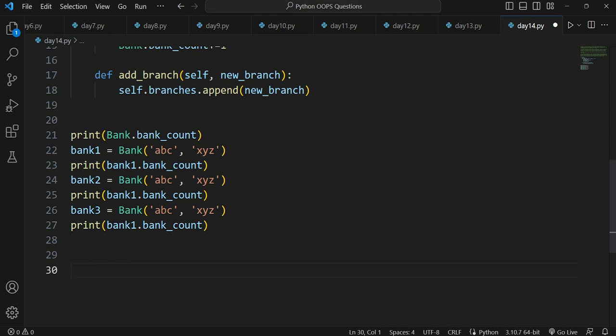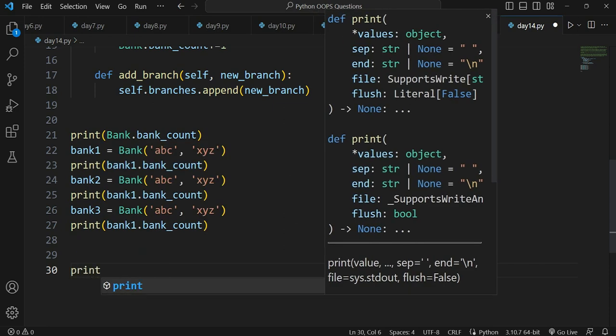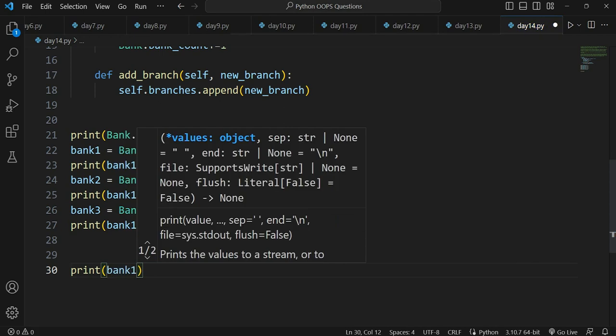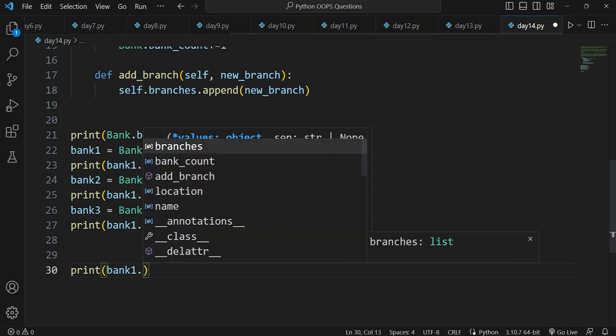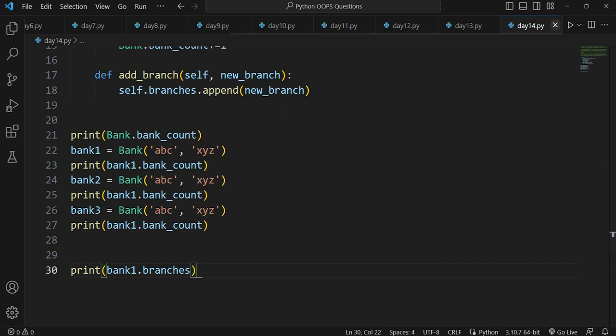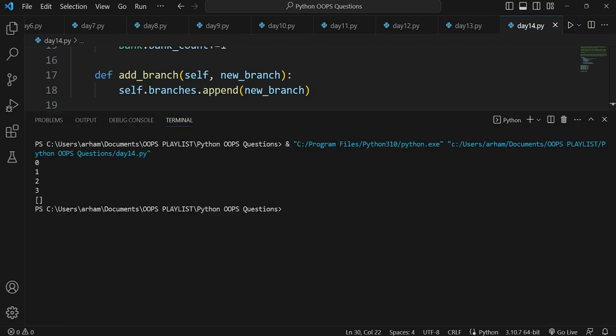Bank 1 is an object, so we want to check the branches in bank 1. Initially how many are there? If I print bank 1 dot branches, you will see an empty list, right? See, I am getting an empty list.